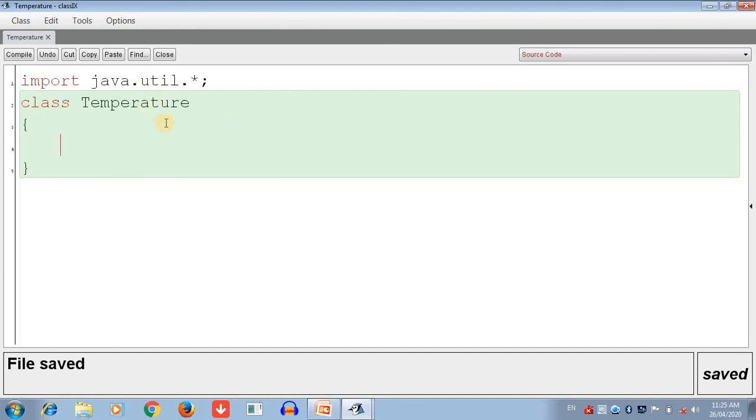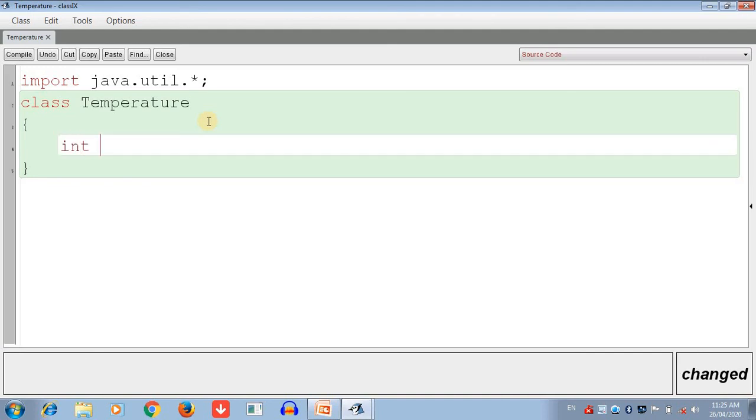So input a number for temperature. So first we are using one variable for temperature storing, that is temp. Use the conditional statement that verifies the value of the temperature according to our conditions. So only one variable is needed, and this variable is called an instance variable.